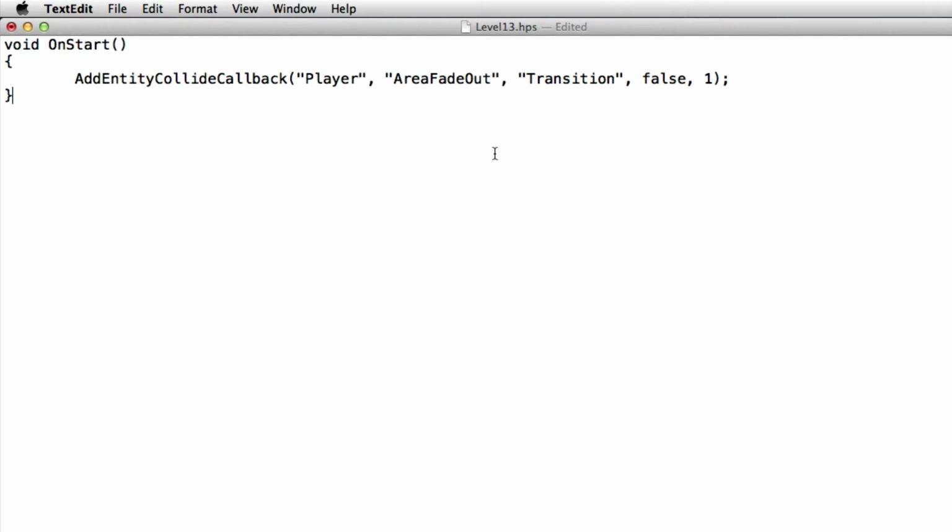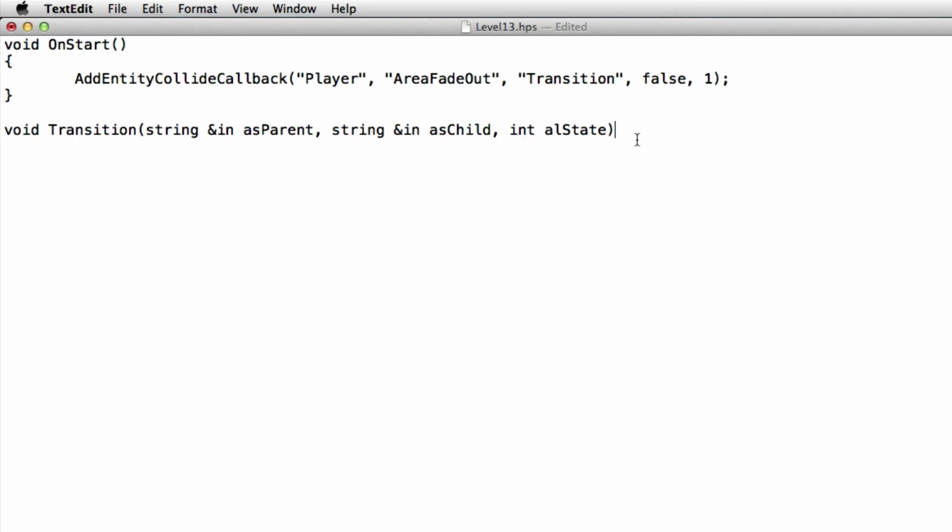Now Transition we haven't made yet, so we're going to have to make that. Just type void and the name Transition, and then you have to type the parameters of the function that is calling it. This is an AddEntityCollideCallback function, so you want to type the parameters of this. This is the syntax basically. I remember them, but if you don't, just go copy paste them. That's what I usually do if I don't remember them. In this case, it's string asParent, string asChild, and int alState.